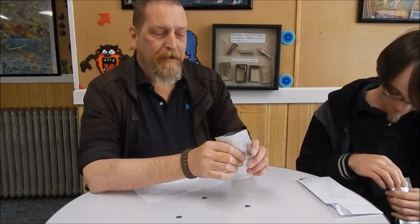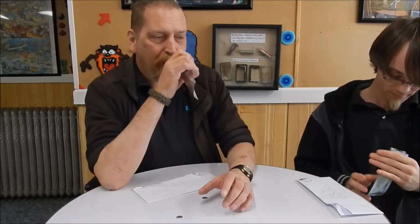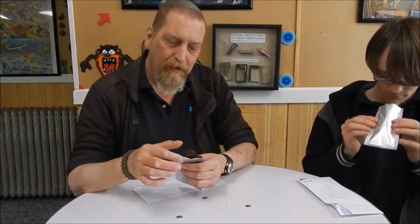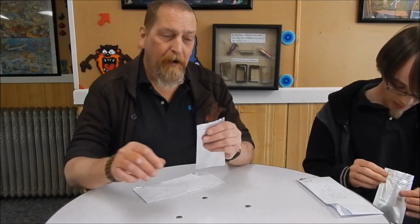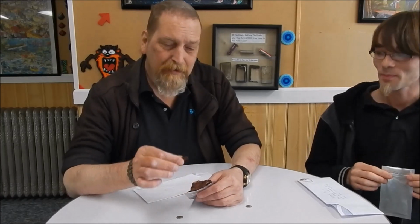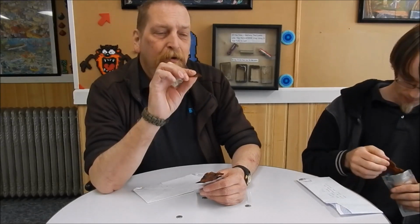Okay, now that the pack is airing out a little bit, it's not quite as intense as it was. Oh, but that smells good. Oh, and it's really soft. Oh, that's looking really good, but it also looks really hot. It smells incredibly hot. Well, I'm going to take just a little tiny piece off of this. Now, mind you, my tolerance, like everybody else's, has gone down over the winters. So this might just send me for a...